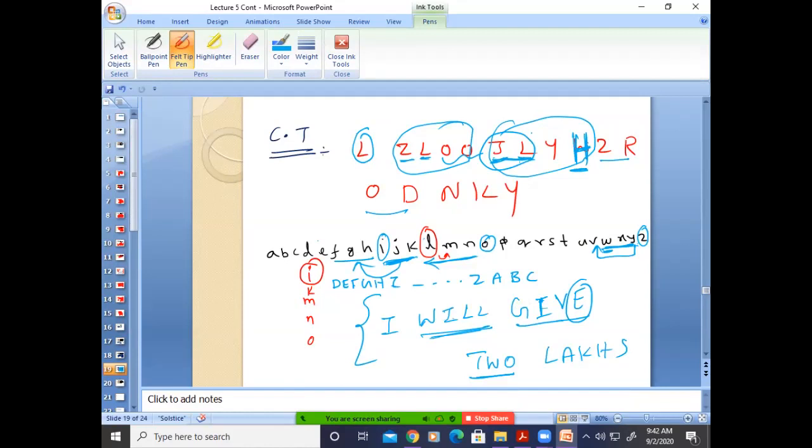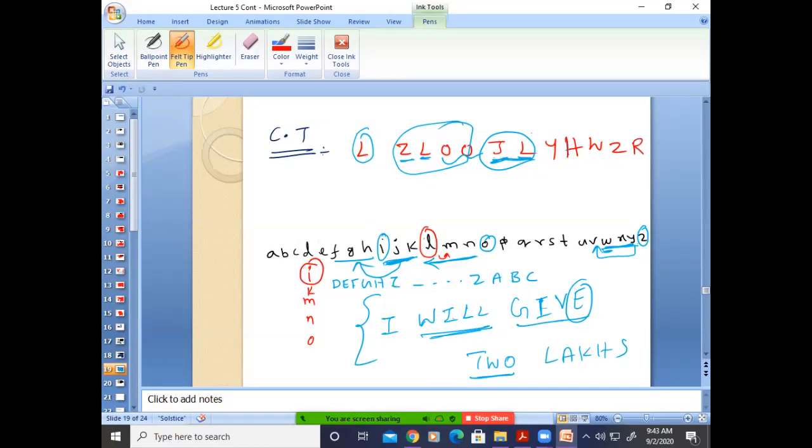Then for T, what can be the letter? Sir, it wasn't supposed to be H, you missed an H over there. W is correct. Okay, I missed H. The remaining are correct? Yes, sir. So it will be H. T means W. W means Z. O, R. R. Correct? Yes, sir.